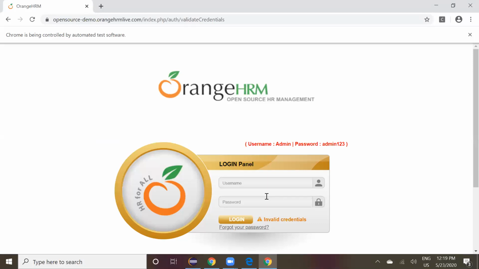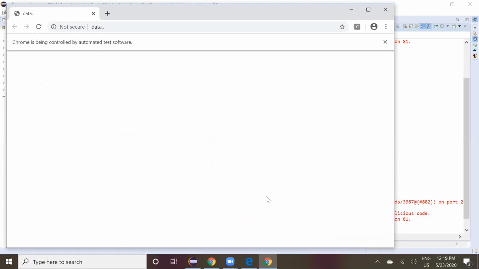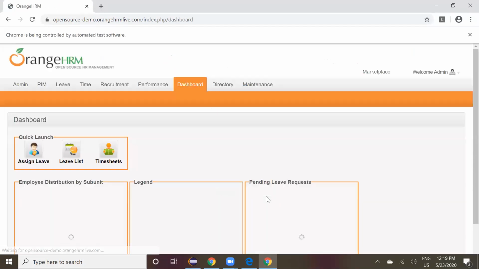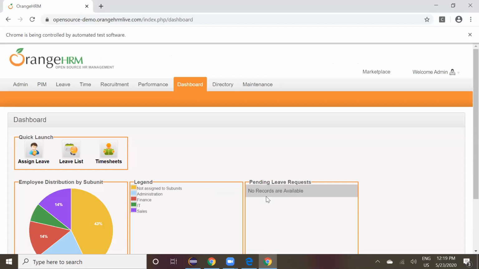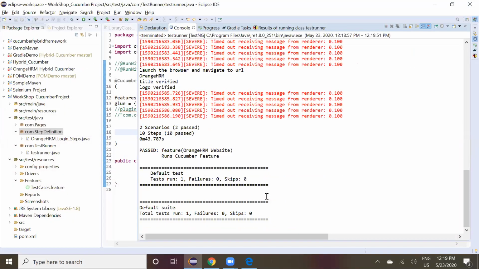You see, right? Invalid credentials. I did the negative part. Now it's again logging in and doing the next part, right? So that is the purpose of the scenario outline. That is why we use examples to pass the data there. Yeah, fine, right? Good. It's working, right? Okay. So now Cucumber is done.